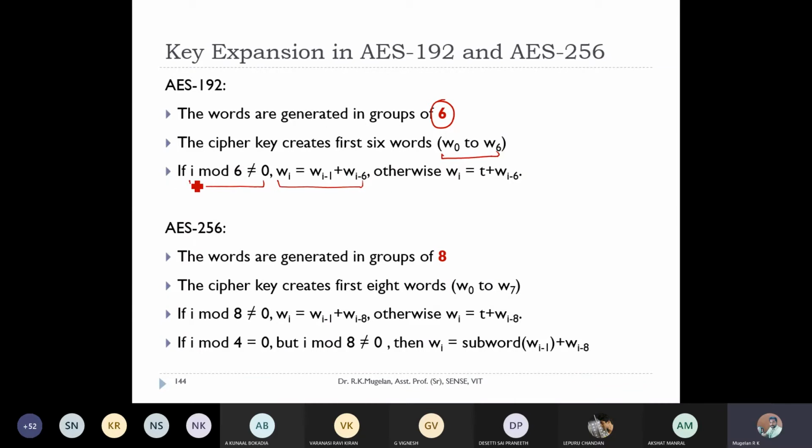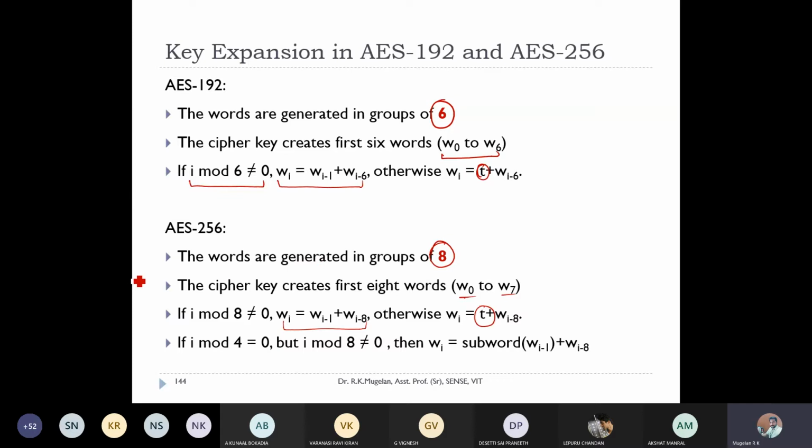When i mod 6 is equal to 0, then they go for temporary word generation here. If you're going for AES 256, then the groups are made up of 8 words, that is from W0 to W7. And if i mod 8 is not equal to 0, they go for a general XOR operation. If it is equal to 0, they go for a temporary one.